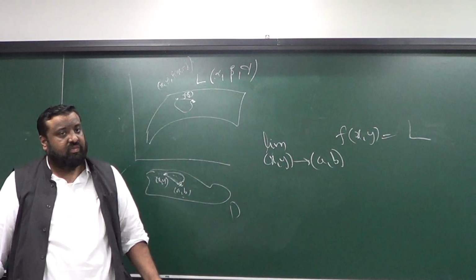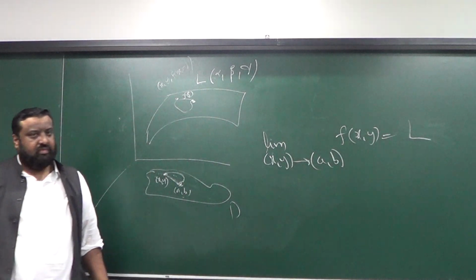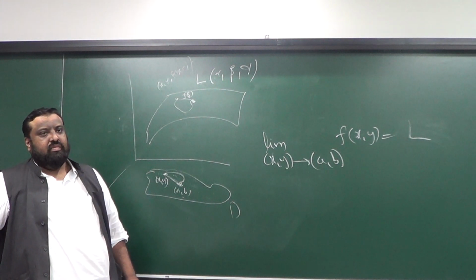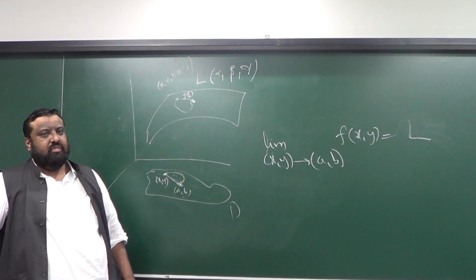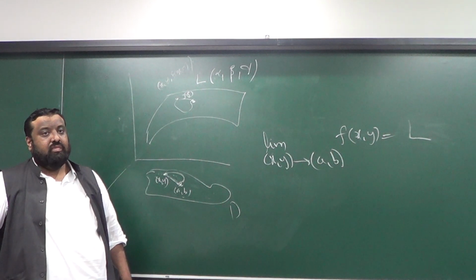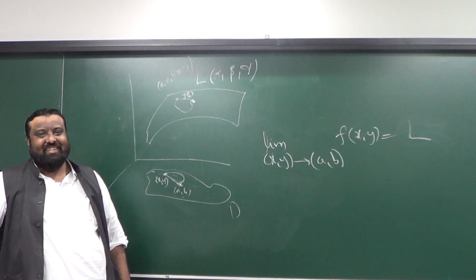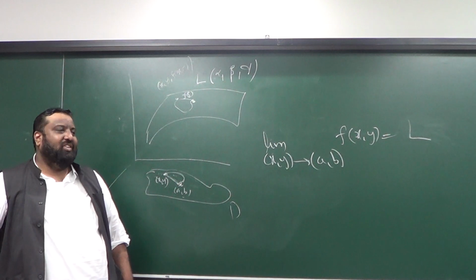Sir, in two dimensions it was simple, left and right limit. So we have just two choices. But here, sir, if we select any two curves, maybe from this surface, on one side there is a hole, and we are not selecting the curve which belongs to that hole. So then it might be that... I mean, there is always a skepticism in here. Who knows? So we will see that